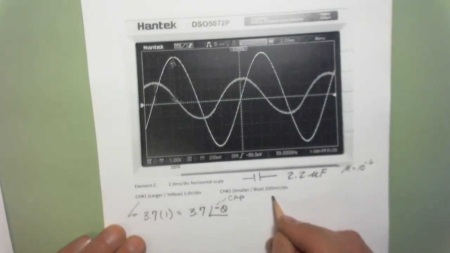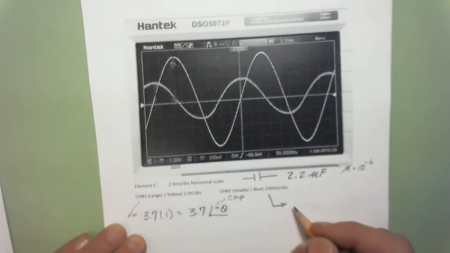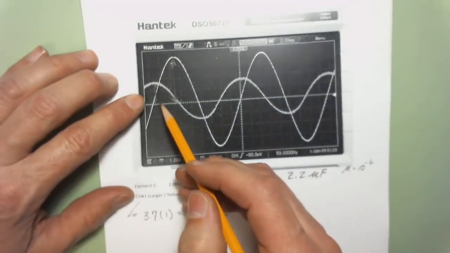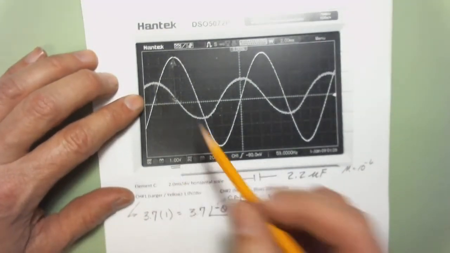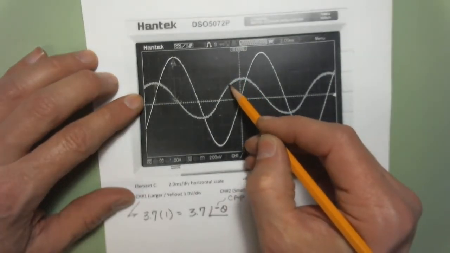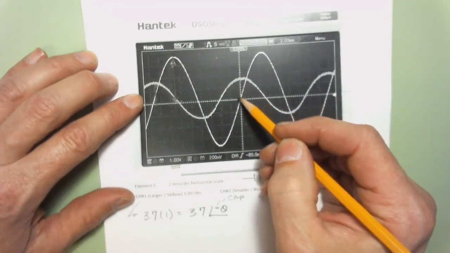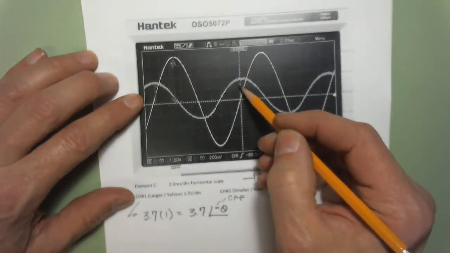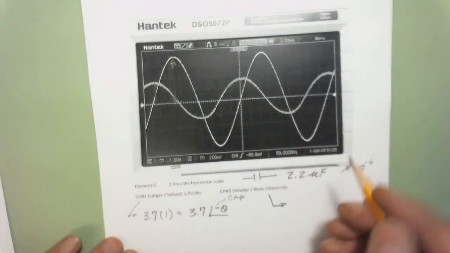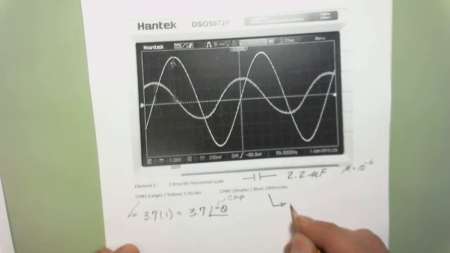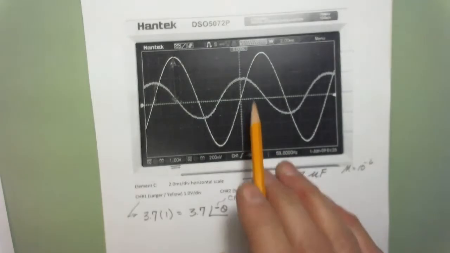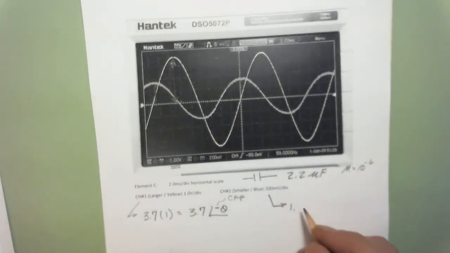Now, if I look at channel 2, let's see what we have there. I've got how many divisions? It looks like about, what? And this is kind of hard. I usually just kind of eyeball a line down the middle of this because there's just some high frequency noise in there. But it looks like I got 1, 1.5, probably about 1.6 if you really look at it close. The pictures that I've sent you are better than this black and white plot that I have here. But 1.6